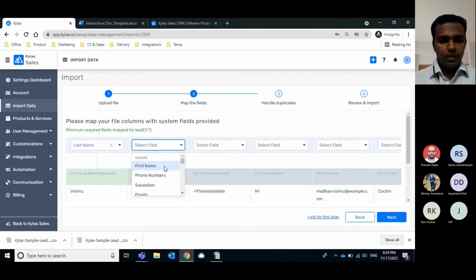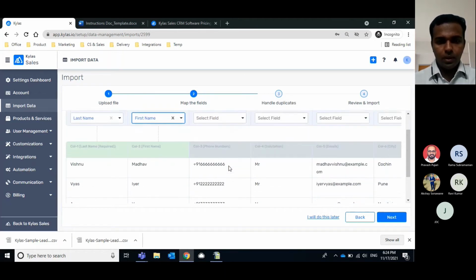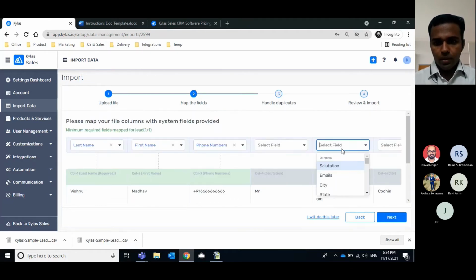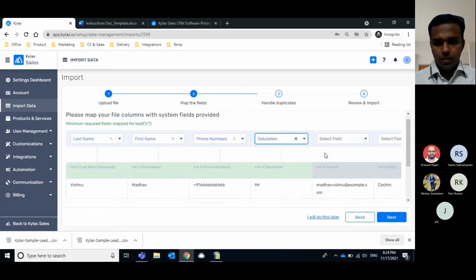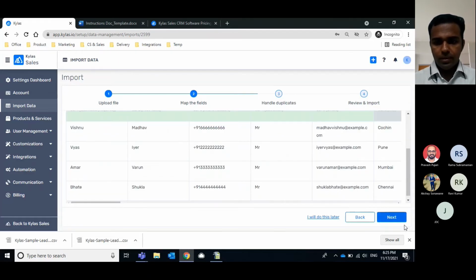I'll quickly map the fields. So phone number was the field which was throwing error in our case. So I will map that field right now. I'll quickly map 5 fields and complete the demo.